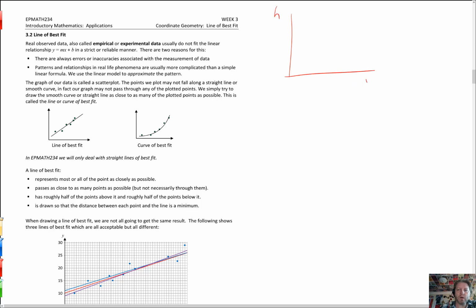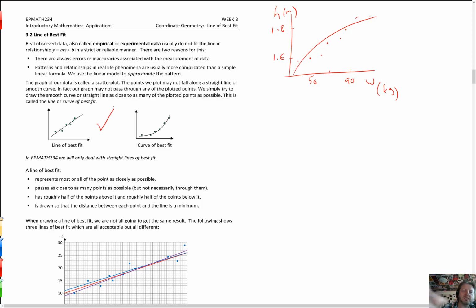So I might do heights there and weights there, and someone might have been 50 kilos and 1.6 height. Someone might have been 90 kilos and 1.8 meters high. So that might be my experiment. Am I going to get a perfect line? Am I assured that a 70 kilo person will be 1.7 meters in height? Absolutely not. We do vary in width a little bit too. So I might get some sort of relationship, but I don't know. I'm not going to be an expert at heights, but I reckon it's probably not curved. I reckon we get people more than 100 kilos who aren't 2 meters tall. Anyway,